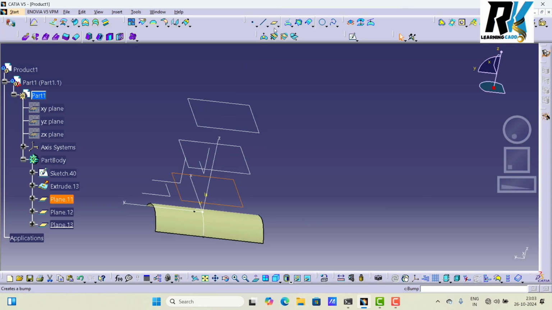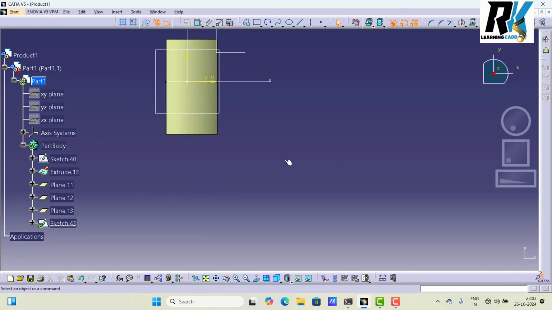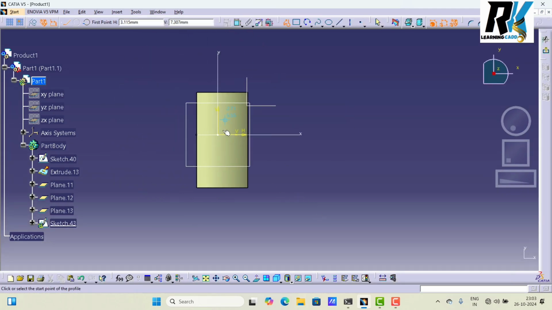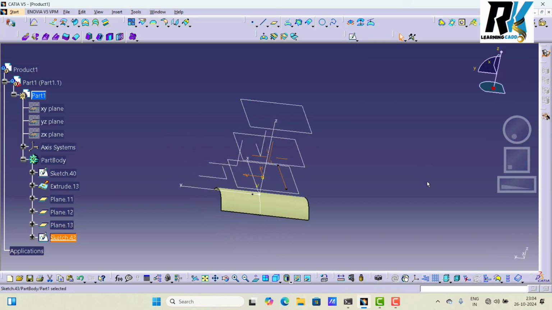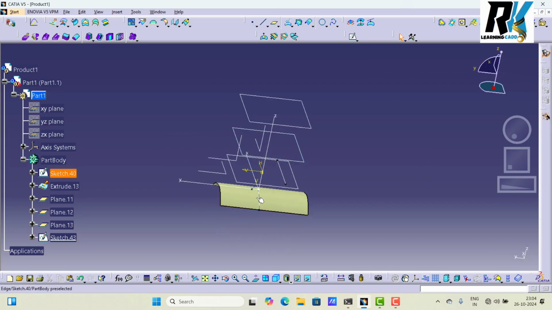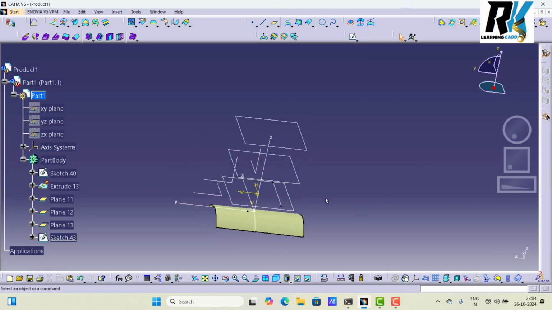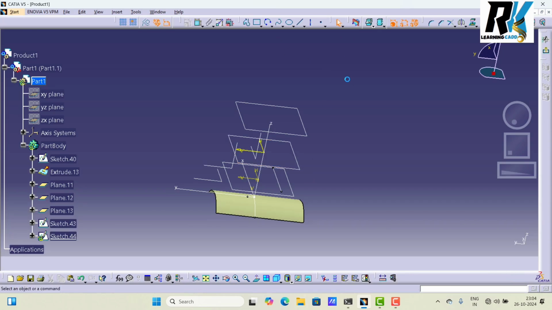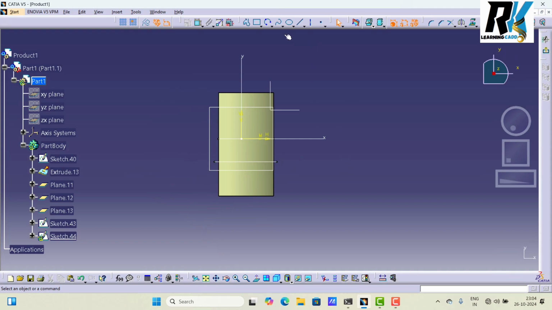So this one, datum plane, select. Make sketch. I made here one line. Okay. And finish it. So this is okay. Again I select this one. Make a sketch. Again I made here one line.